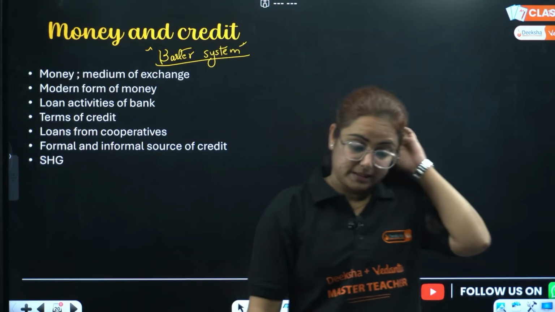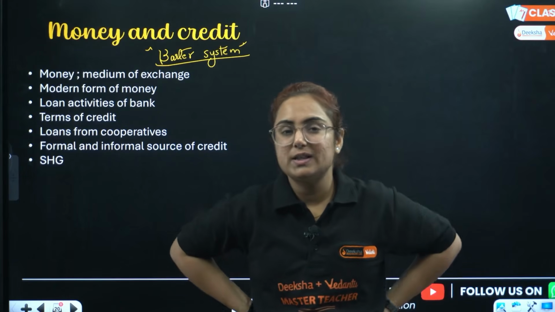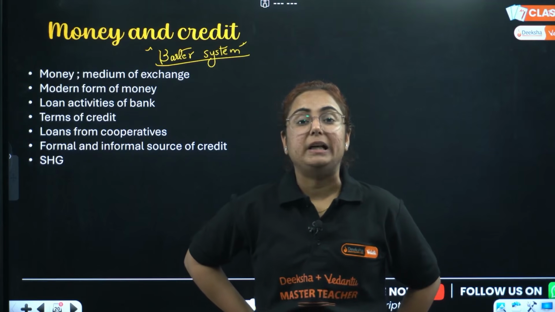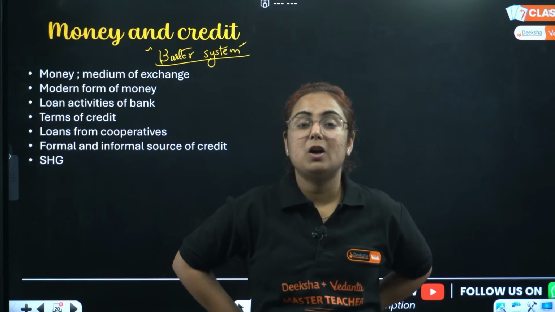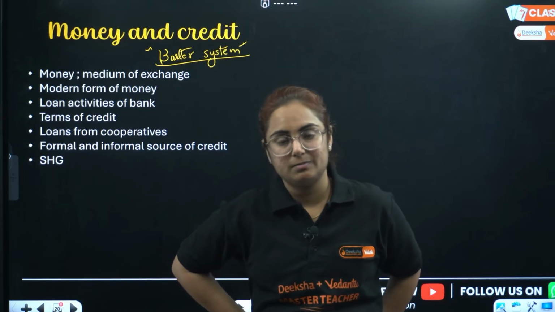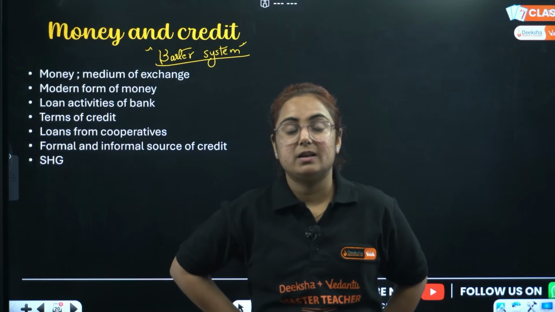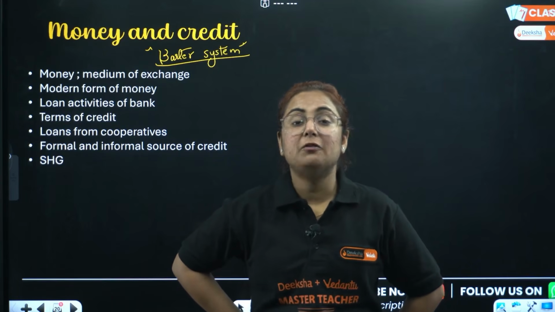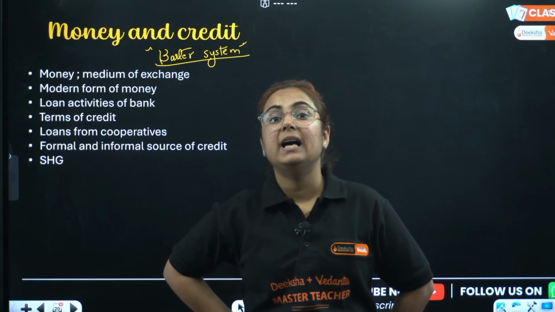So then later money came, because there was a problem. Every time there cannot be a double coincidence of want, hence money came into the market as a medium. This is referred to as a medium of exchange. Question: why is money called the medium of exchange, beta? Because it saves us from the double coincidence of want. There will be no barter system. It is an easy process for exchanging items, a good medium. It is recognized, made by the Reserve Bank of India, and the Reserve Bank of India says that the exchange of products can only be done in money and no one can deny that.